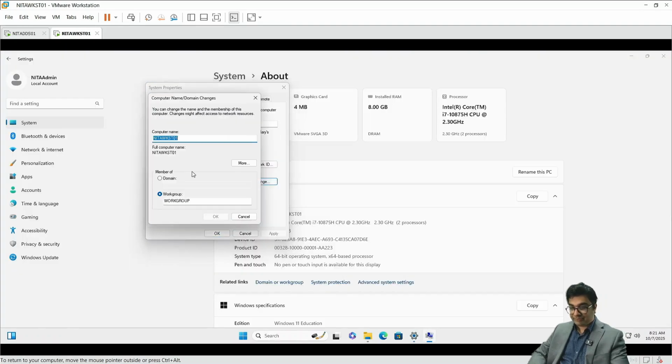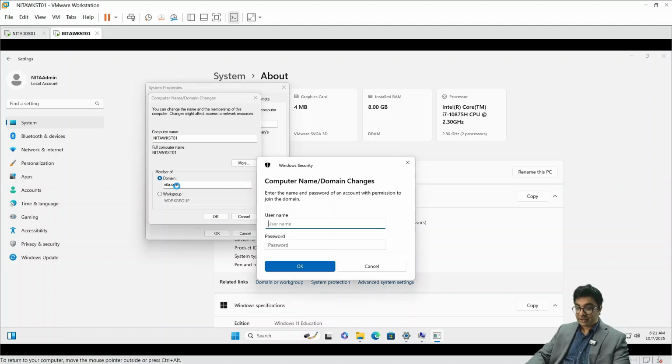Okay, change domain. My domain name is nita.com. Remember, FQDN is not case sensitive. So I can use it. So now another thing I can do is